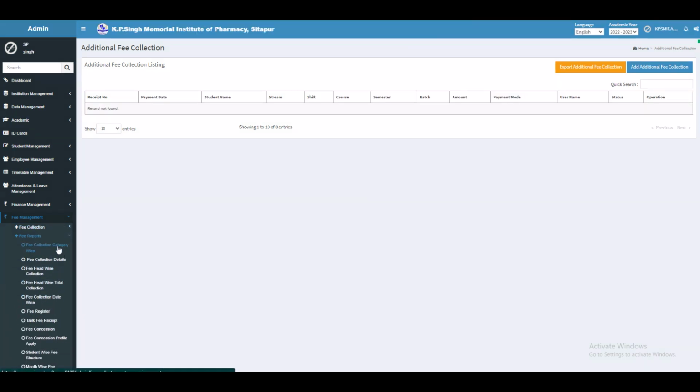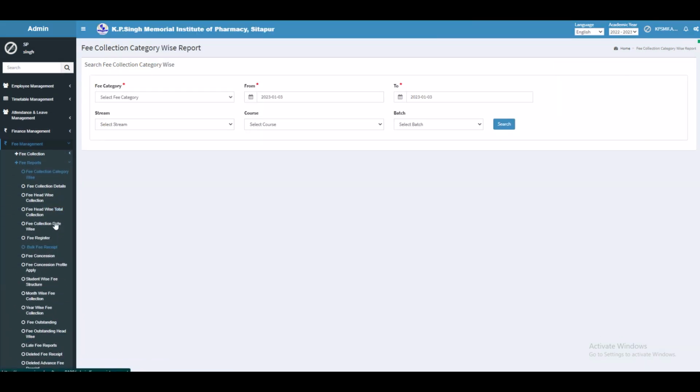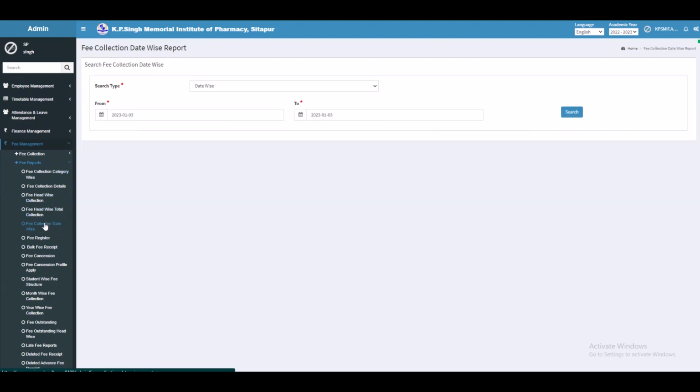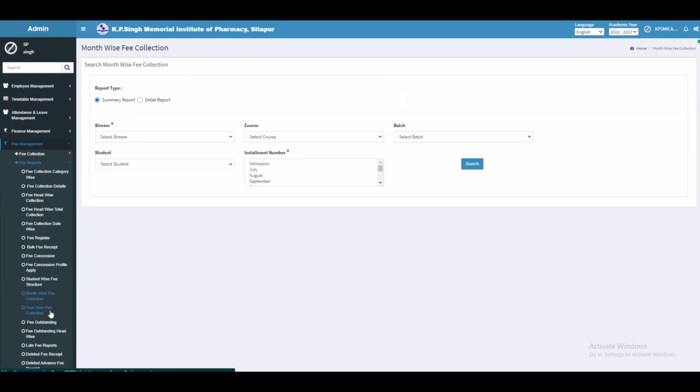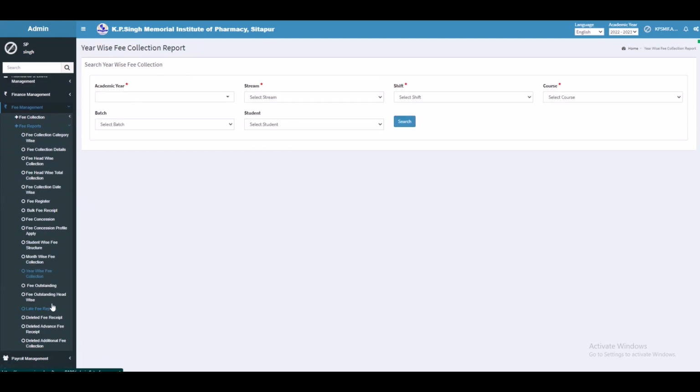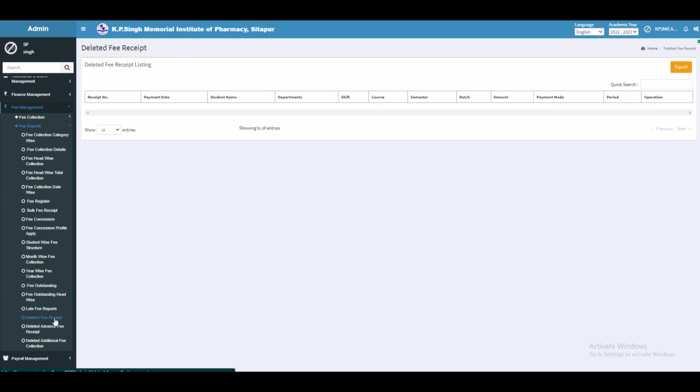Under fee reports, you can get the details of fee collection either category-wise, head-wise, date-wise, student-wise, month-wise or year-wise. Additionally, you can get details about fee outstandings, fee concession, late fee reports or deleted fee